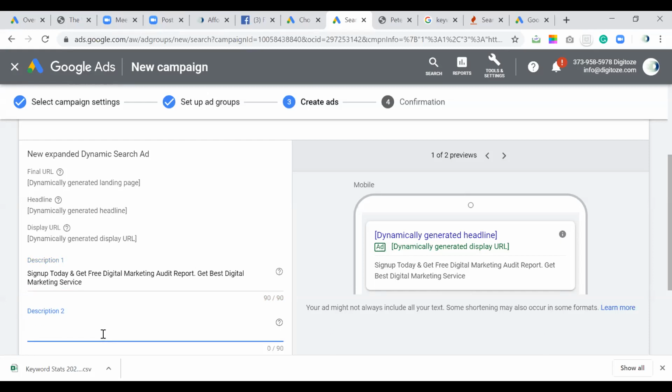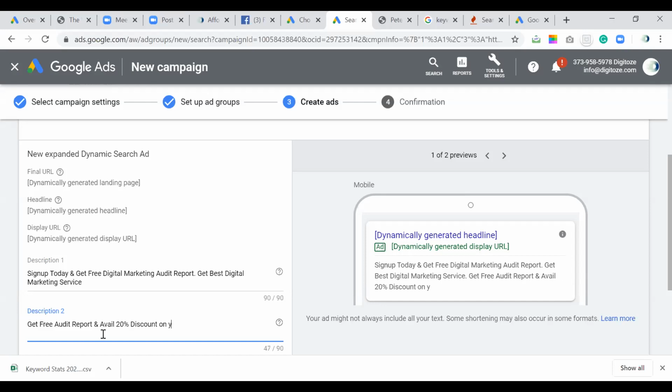Second, I can create anything. I am left with 7 more characters, so this is underutilization.